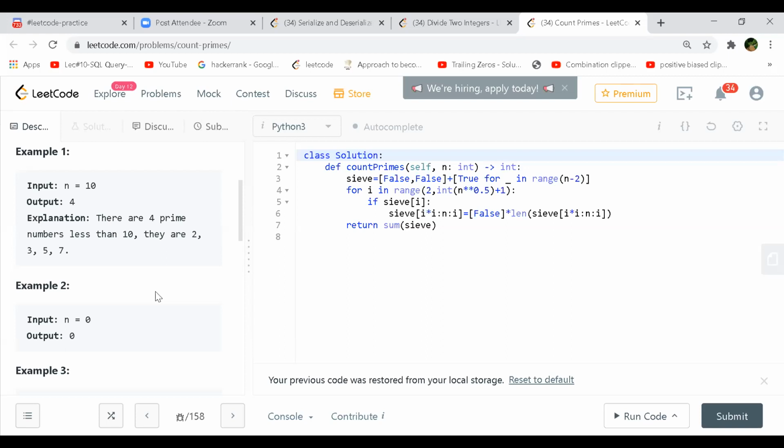Rather than going through the entire number, you should check whether it divides only up to n by 2. Let's say 10 is there. Before that you have found 2, 3, 5, 7. Now you start from 2 and go to 5 only, because if there is any divisor between 2 and 5, that means you already have the number and 1 as divisors.